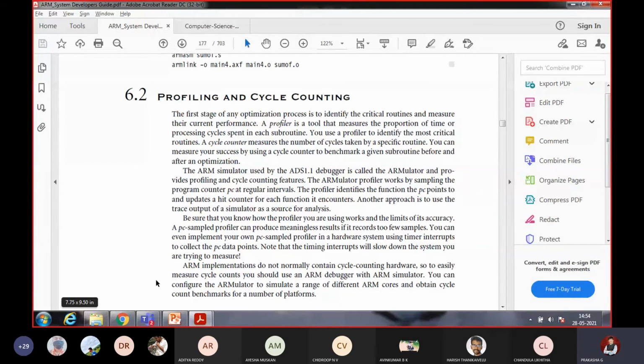Profiling and cycle counting: the first stage of any optimization process is to identify the critical routines and measure their current performance. That is very, very important. What are the critical routines we are having and what is their performance? In any embedded system, there are so many critical programming concepts, the modules will be there. Some of them are very critical with respect to time. Time critical means within the given span of time, given few seconds it has to work, because there may be other components, other operations waiting for the first one.